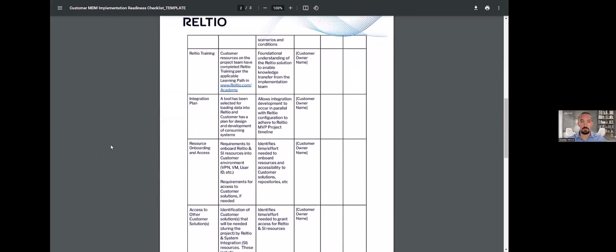Excellent. Okay, and another plug here: our Reltio training and academy. Definitely check it out. As you can see, it is on our preparedness checklist, so it's something we want everyone to go through prior to your implementations. This will give you a great feel if you're new to MDM and MDM concepts. There's material there to get you quickly up to speed, really well done and put together.